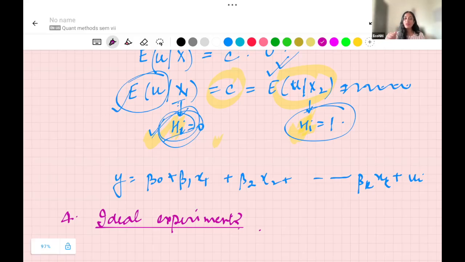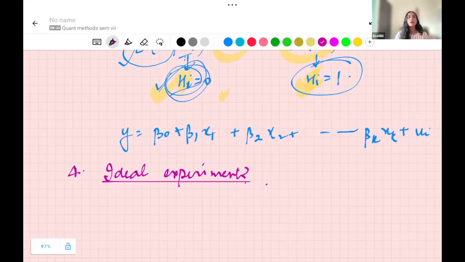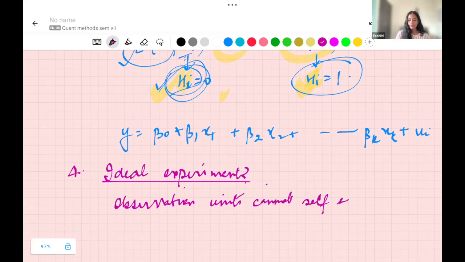So the ideal experiment is where there is no choice. Ideal experiment क्या होगा? जब participants के पास जो एक्चुअल में तुम्हारे ऑब्जर्वेशन यूनिट्स हैं उनके पास choice ना हो, they cannot self select, right? Observation units cannot self select. एक तो ये बात हो गई, ठीक है।